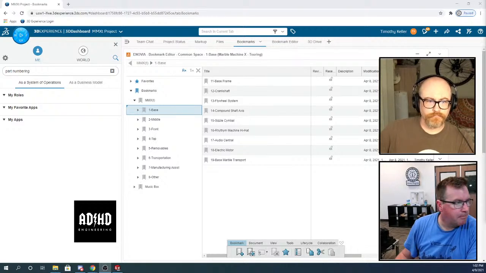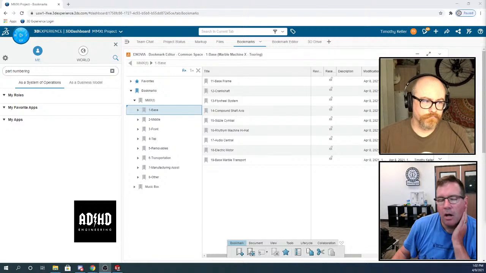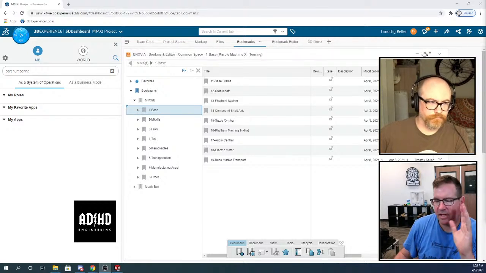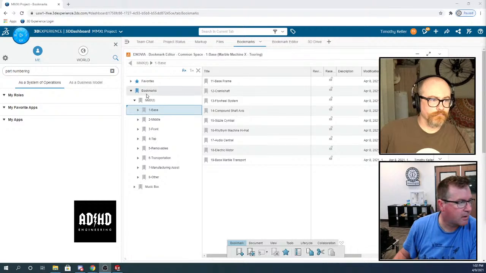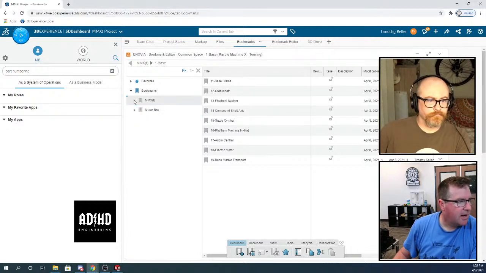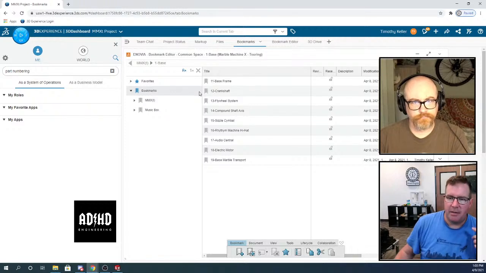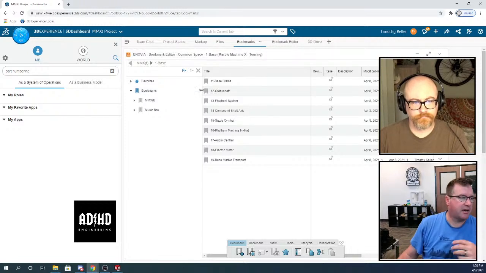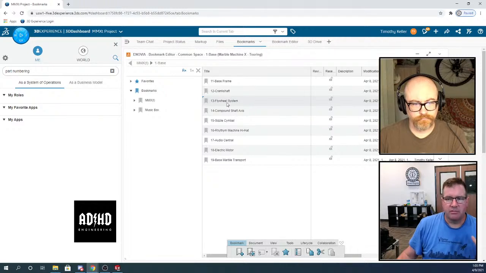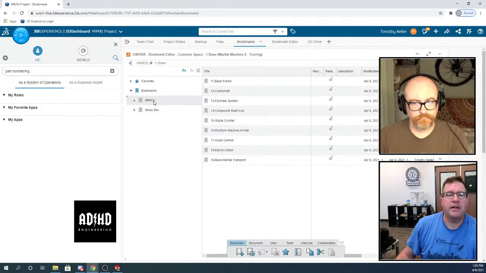All right, let's dive in. On the screen here, last week we were just struggling with the bookmarks, but I think I figured it out and I've fixed all the bookmarks. Me and Andre and Maureen and a few other people had tried to figure this out, and we had made a bunch of bookmarks that were all in the wrong place. So now I came through and cleaned it up.